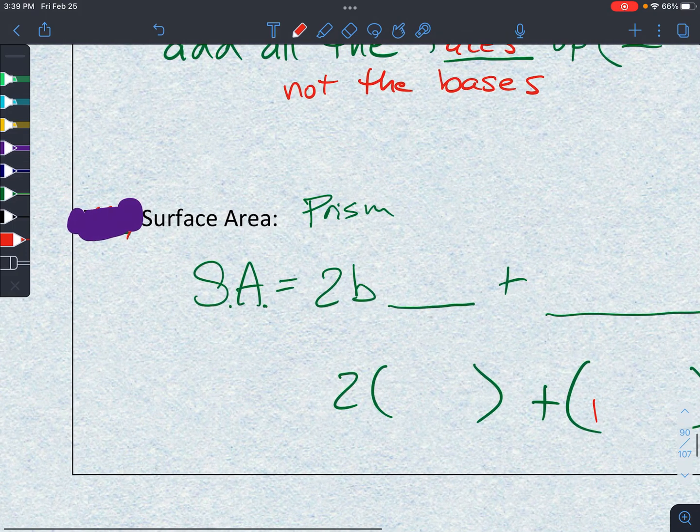So here's our formula for what we would call the total surface area. I prefer just to call it the surface area because when we say surface area, we mean everything. And again, this works for a prism. We're going to take the base,